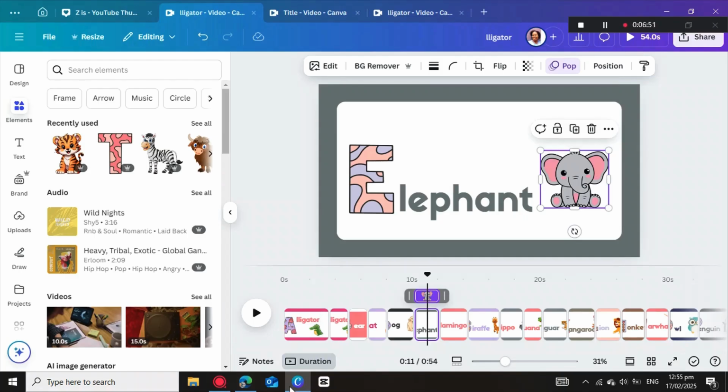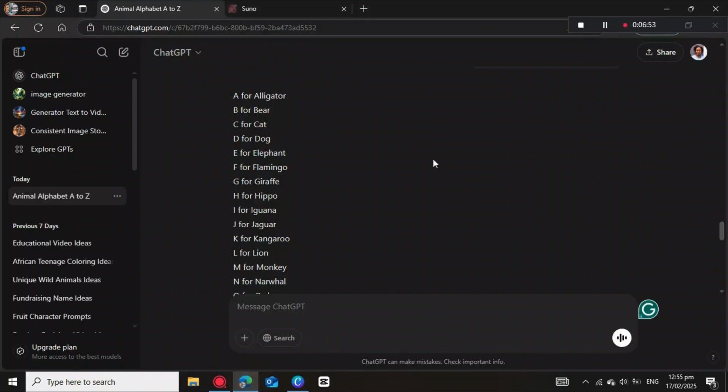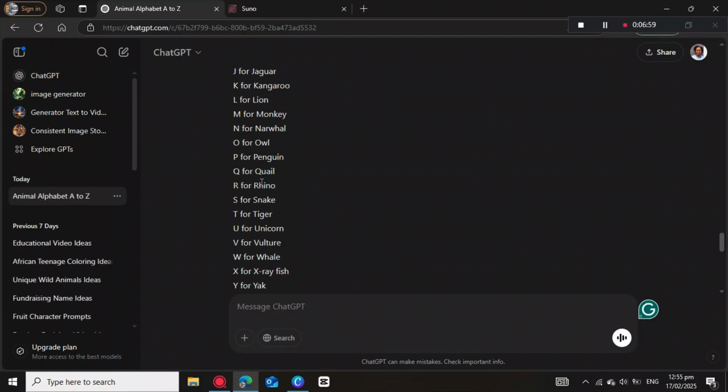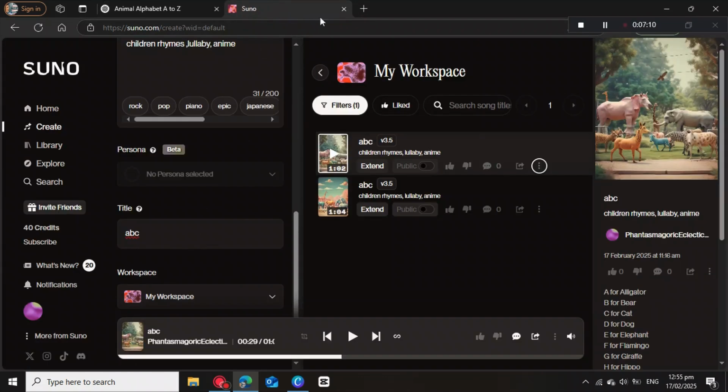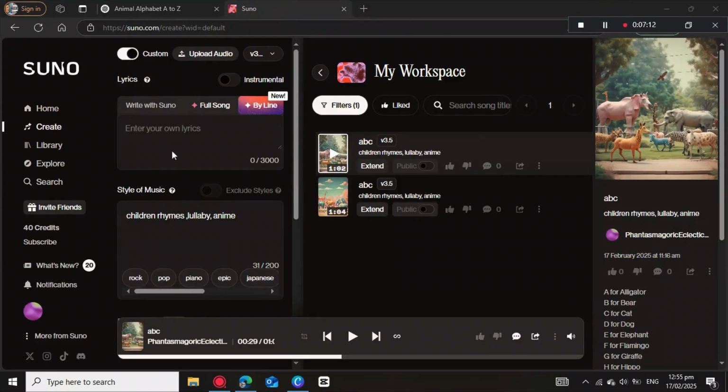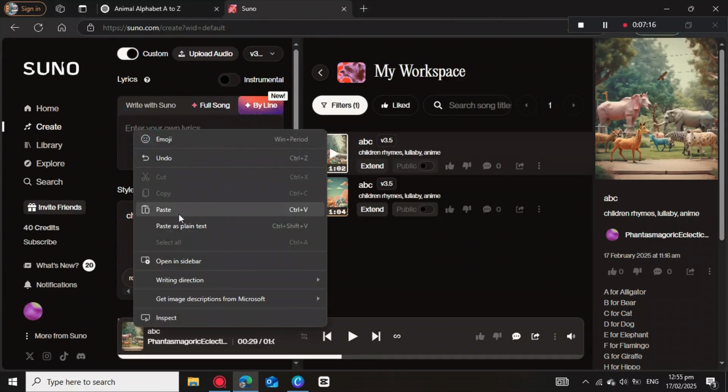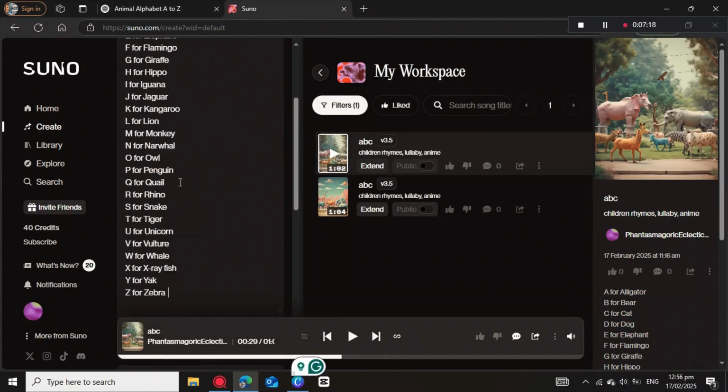So this is the script for the song: A for alligator, B for bear, C for cat, Z for zebra. So we're going to need to copy it like that, and we go to Suno AI. So what is needed now is to add the music lyrics here. We're going to paste it, and then